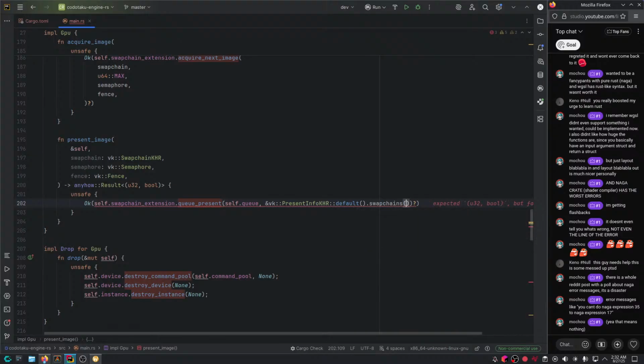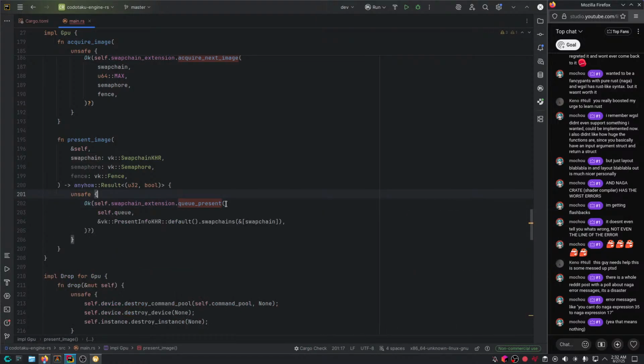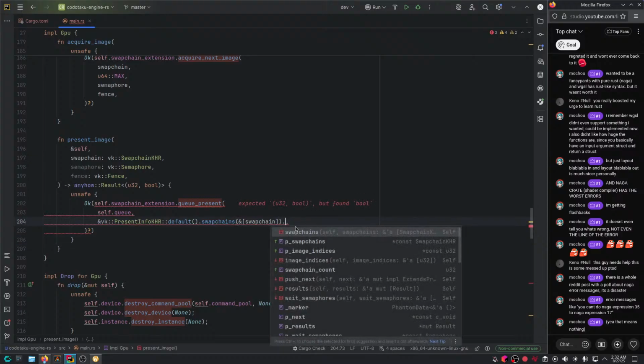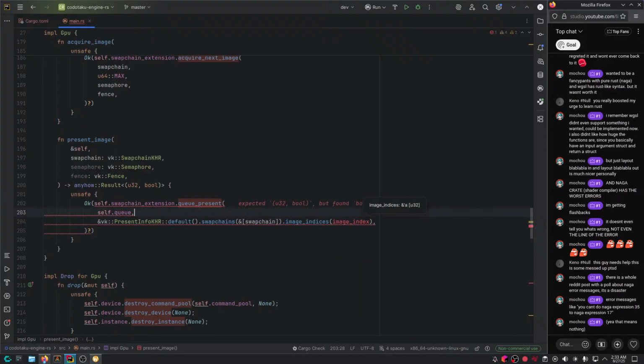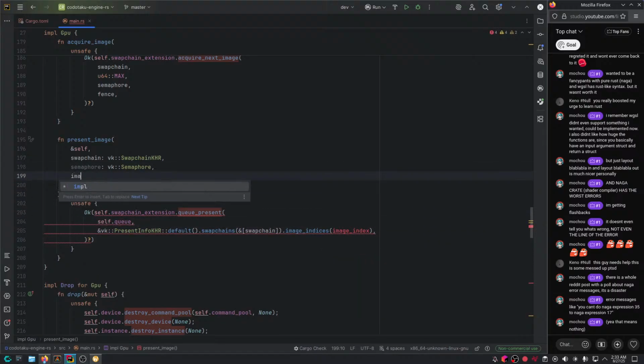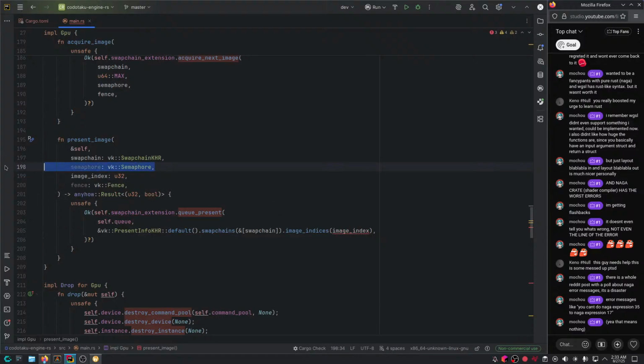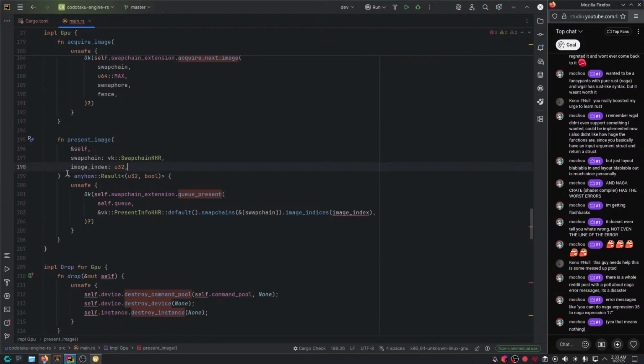So swap chains, of course, first of all, which we're just gonna give our swap chain here. Well, it needs a slice. And what else? The image index we want to present, and the wait semaphores. Sure, image index, u32. Though I believe we don't need these for now, maybe.